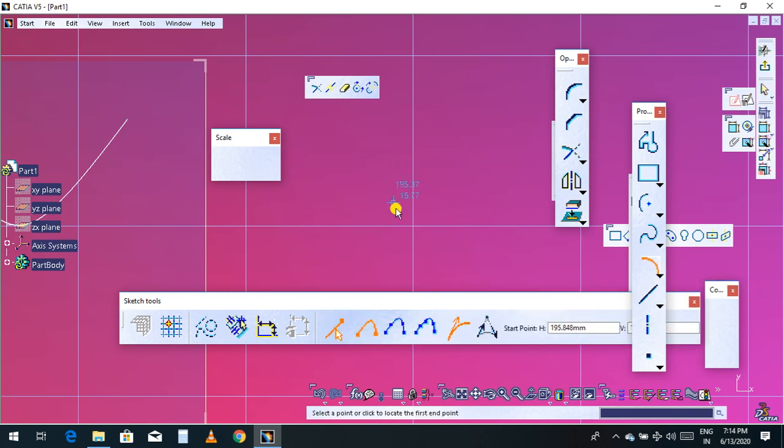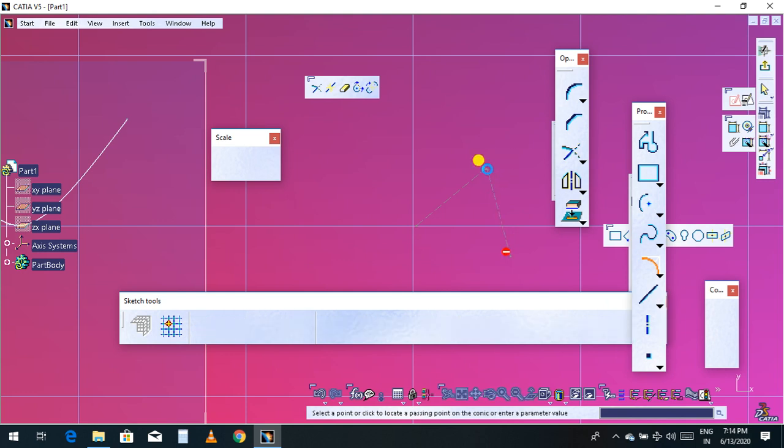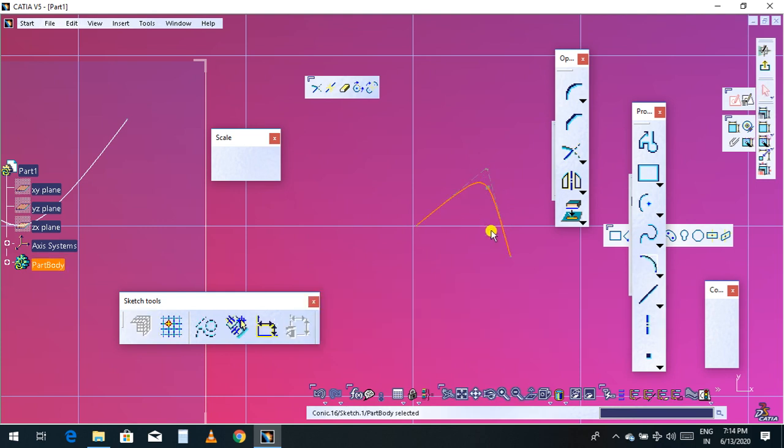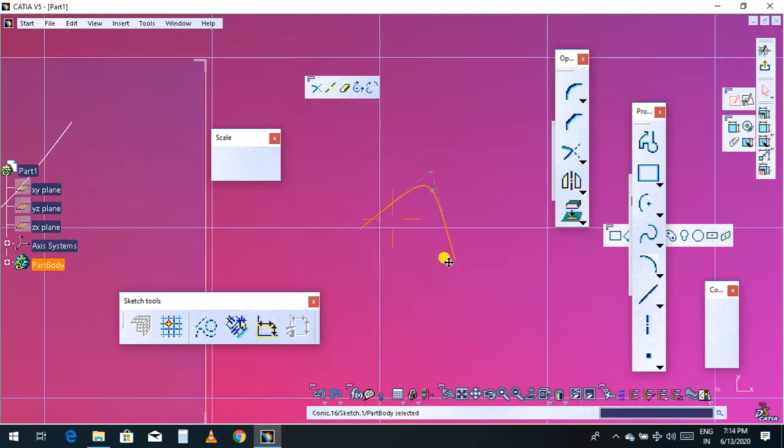Conic type: one point, second point, third point, then you connect this point, and based on the requirement of the conic you can give a value, and this is the conic type.